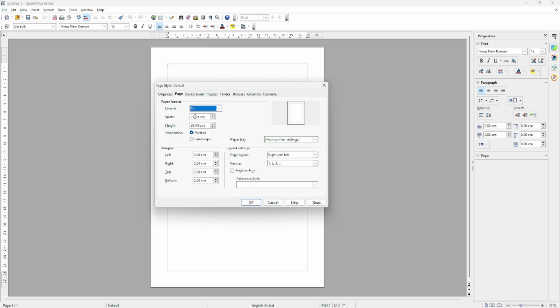What is the width of that? 21 centimeter, and what is the height? 29 centimeter. Width means what? This one. This is called width and this is height. Understood? And all these papers are called what? Portrait. Basic difference: when width is small and height is greater, it is called portrait, and when width is greater than the height, it is called landscape. For example, see here, vice versa will happen.